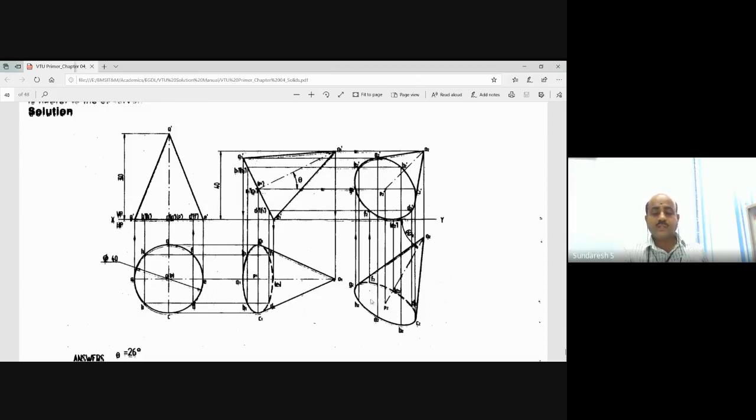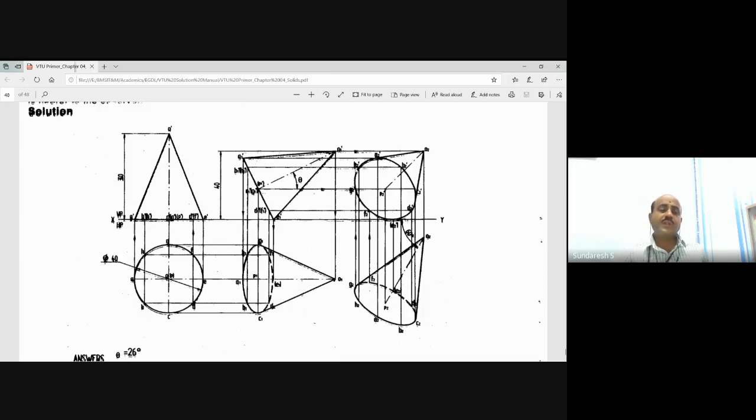Now with that as a reference, you have to transfer the entire second position front view to the third position. You can construct it by enclosing it with a box, the method we discussed for transferring circular laminas in the same position. You can transfer it and then complete the third position top view. Once you get this, you just project it for the final front view.